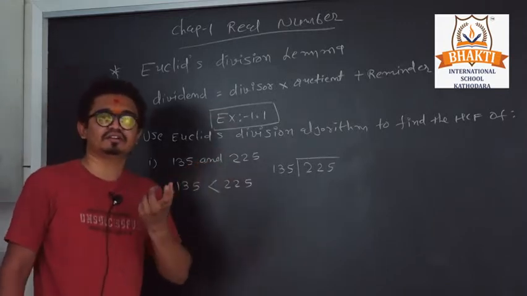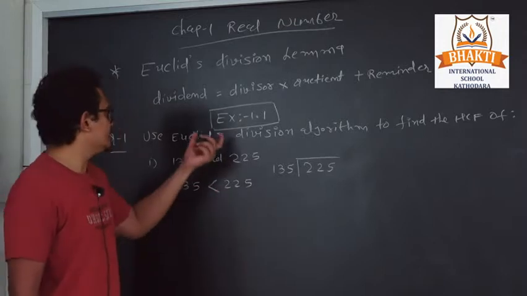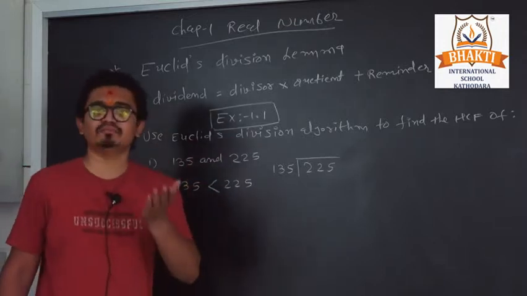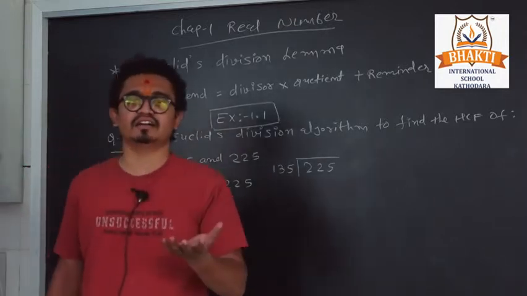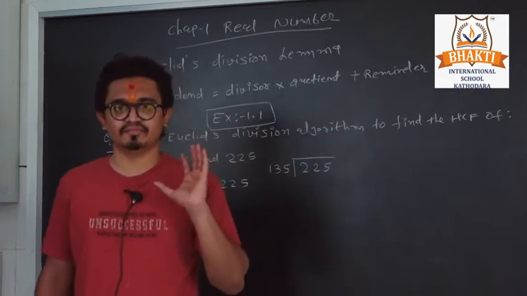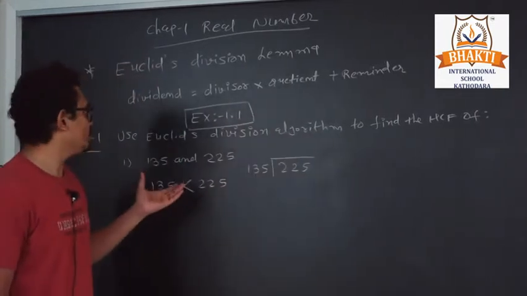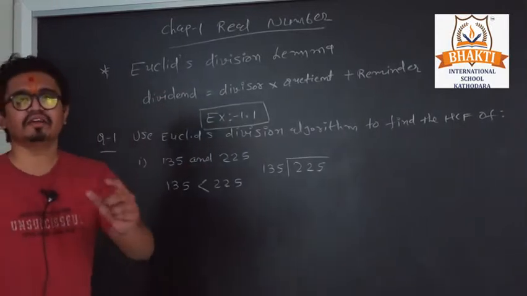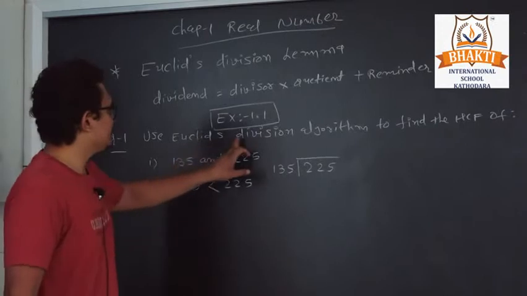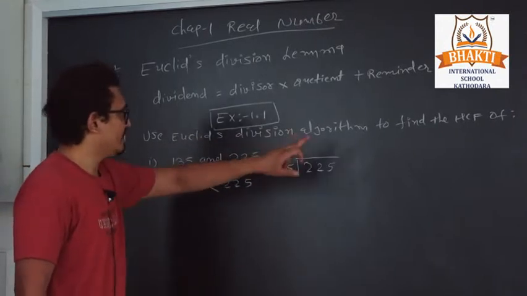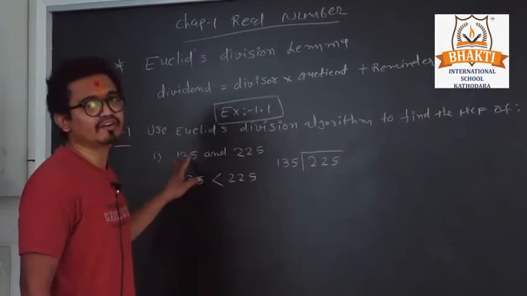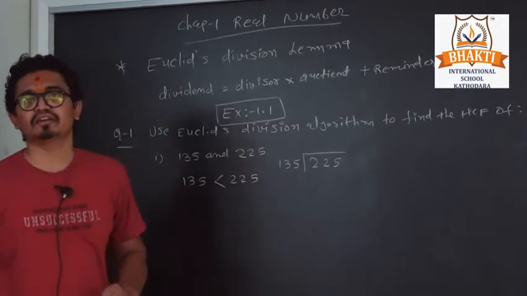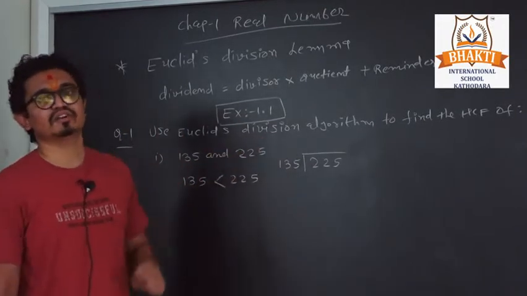We need to find the HCF of two numbers. It means we can find it by using the Euclid method. If we use the simple method which you learned in the previous standard, we can also get the same answer. Clear? In both cases we get the same answer. Now how can we apply the Euclid division algorithm to find the HCF of two different numbers? Let's explain how to find the HCF by using Euclid's algorithm.